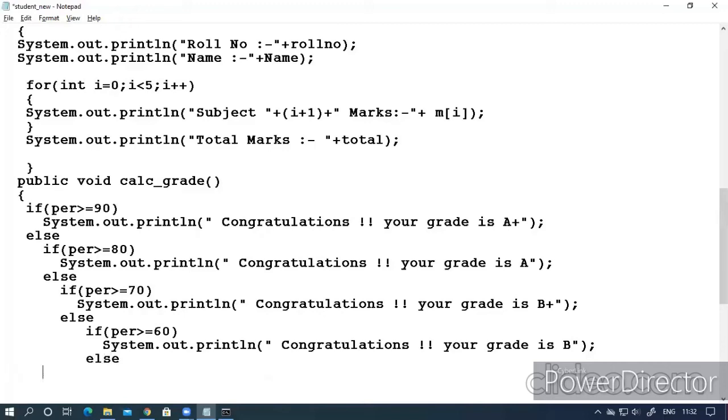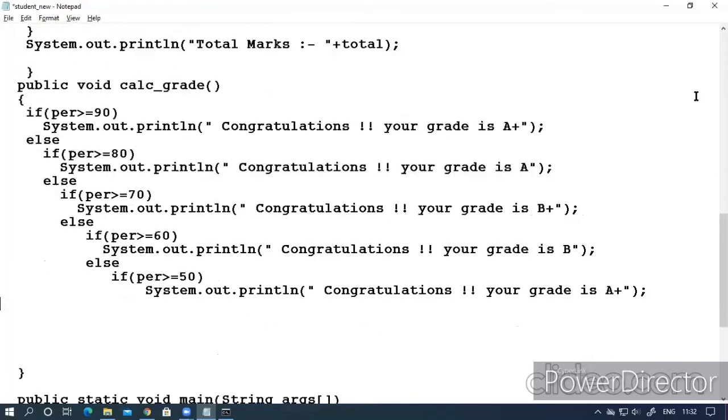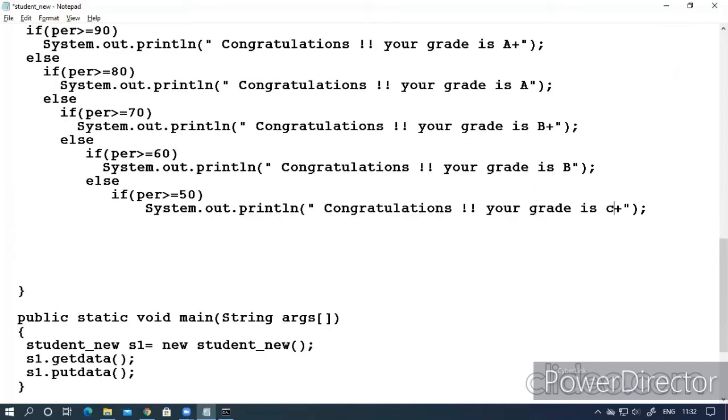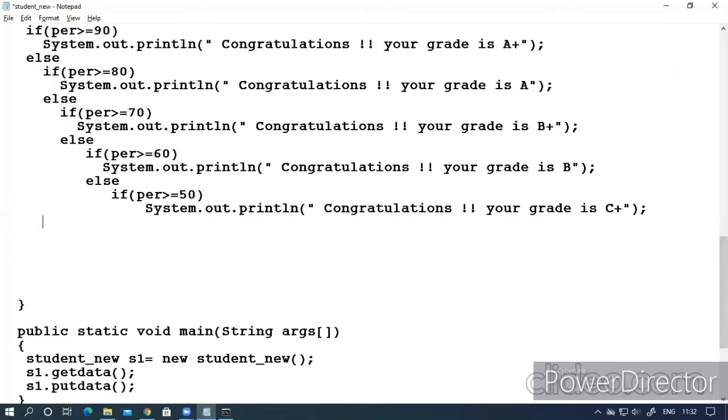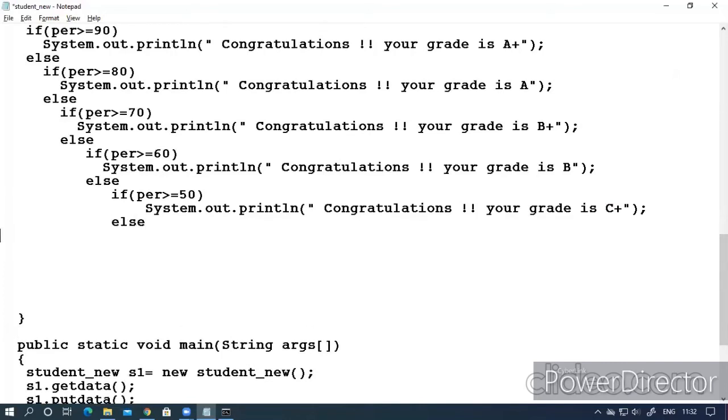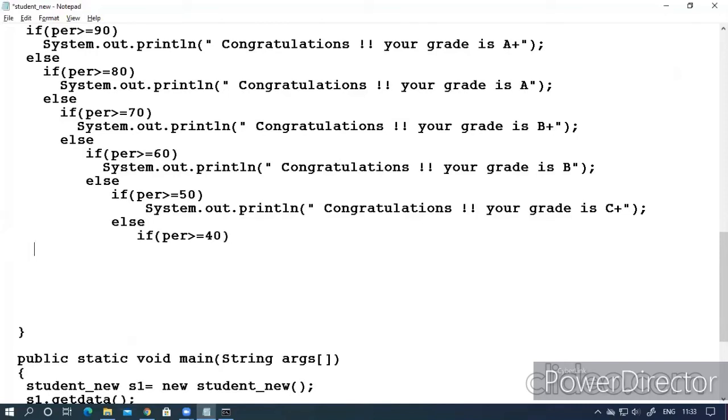Else if PER is greater than or equal to 50, this is C plus. Else if PER is greater than or equal to 40, then what you have to say?